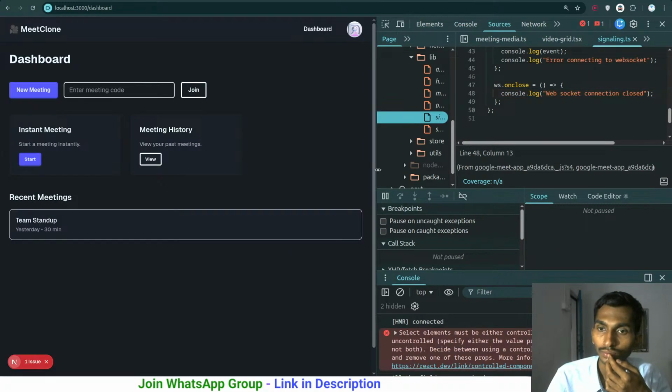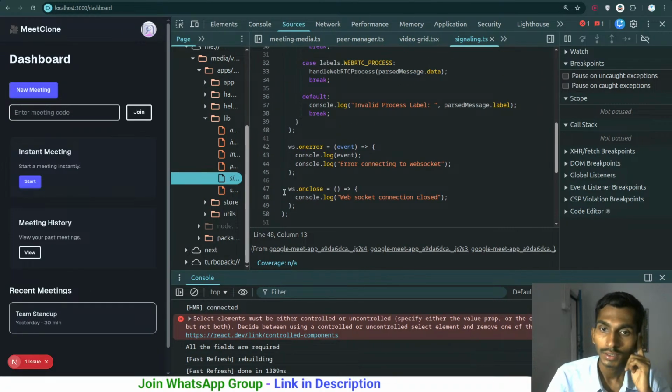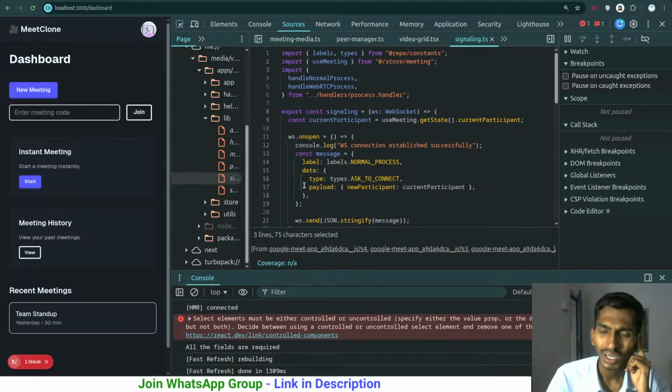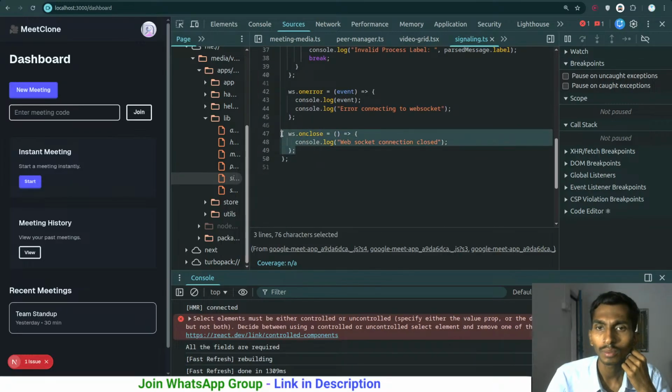Signaling.ts. This event gets triggered, and this is from the front end side. I can go with this here as well. Whenever the WebSocket is gonna be closing, at that time this particular event will be triggered. So why am I, oh shit,